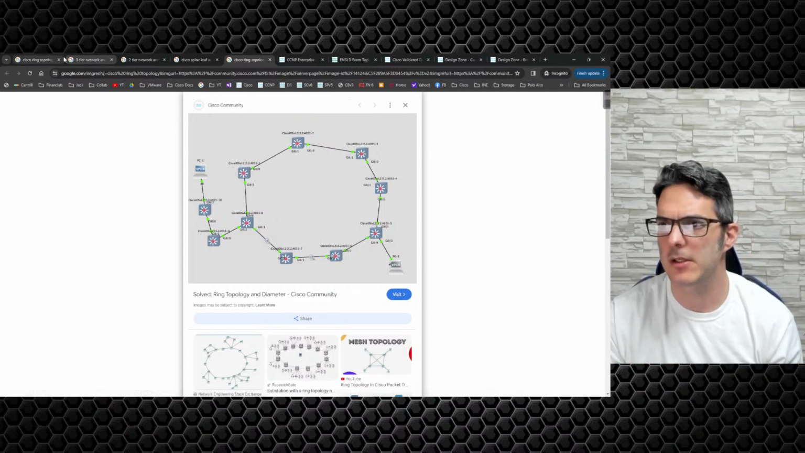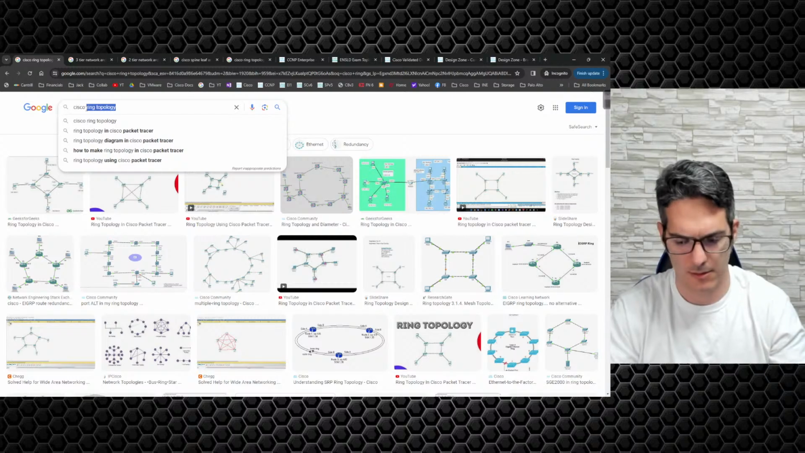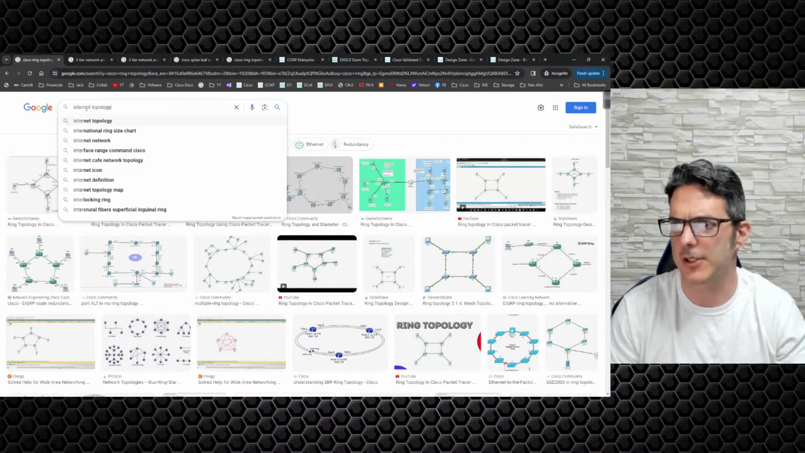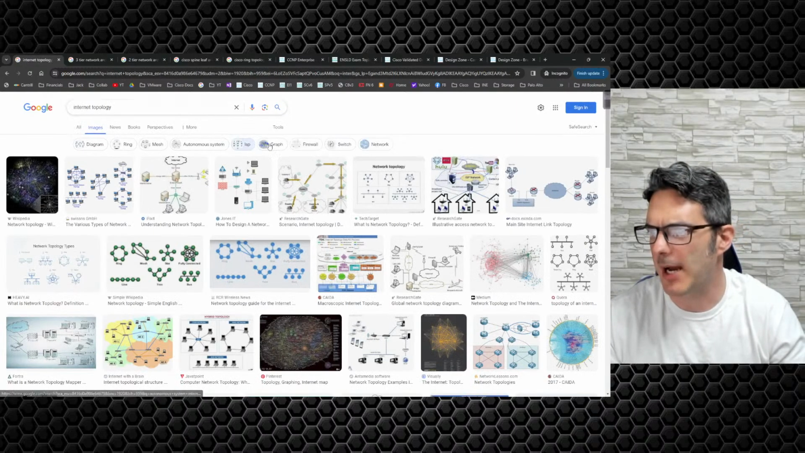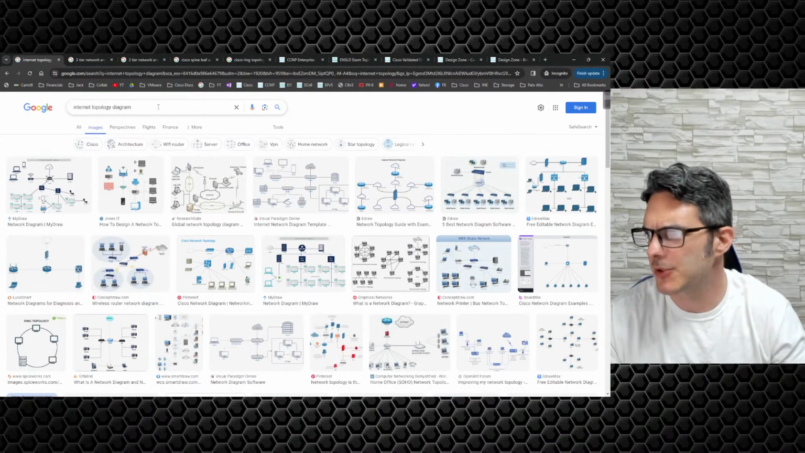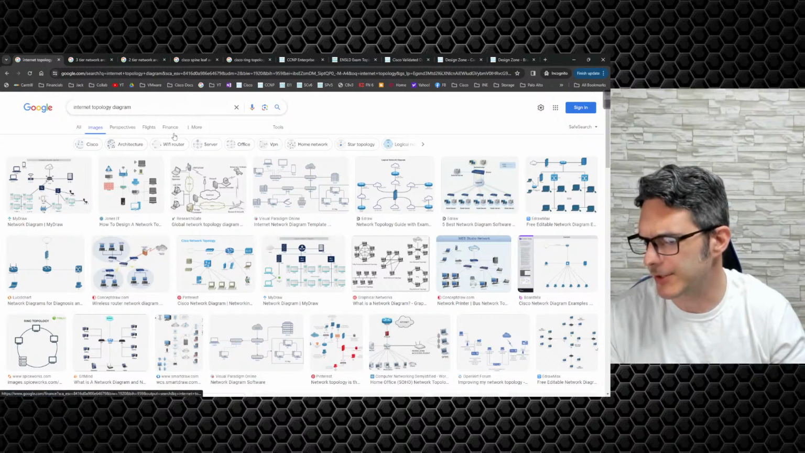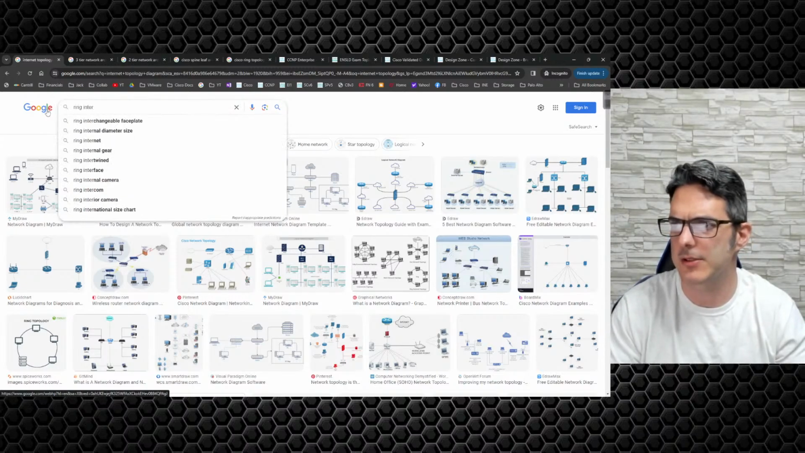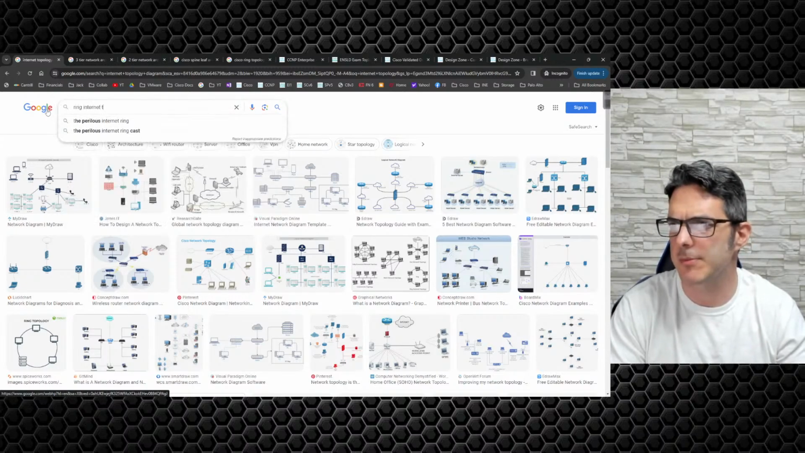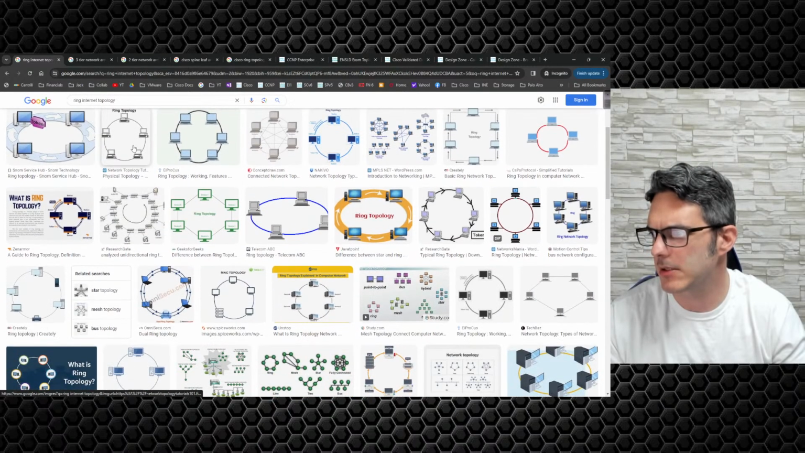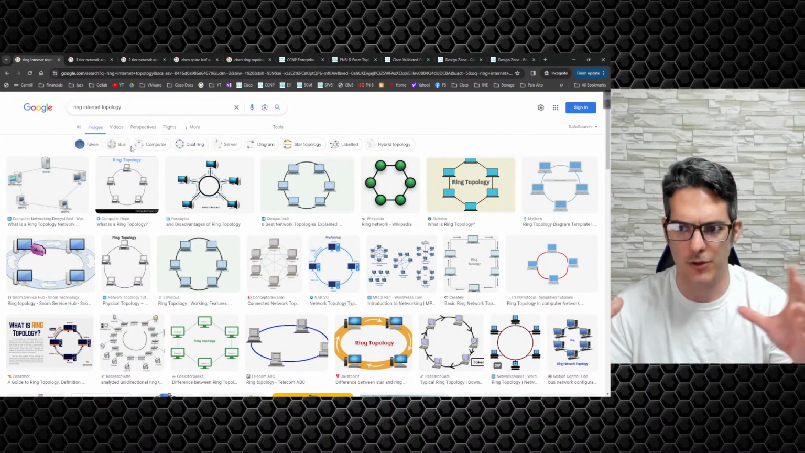And so before you know it, you have the internet topology. Let me see if I can find an internet topology diagram. Let me see if I can say ring internet topology. I don't know if anybody's put something like this together. No, they have not. Okay, so essentially what I would want to put into a visual for you